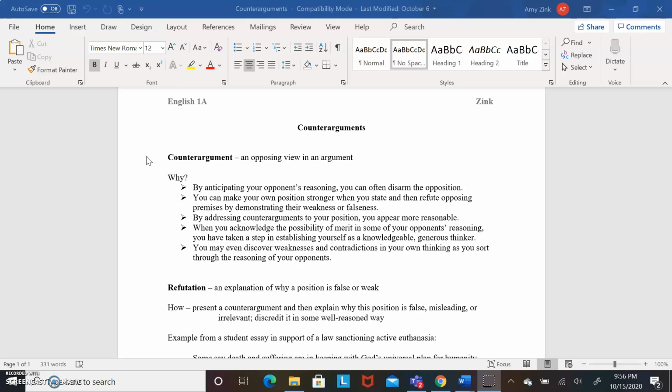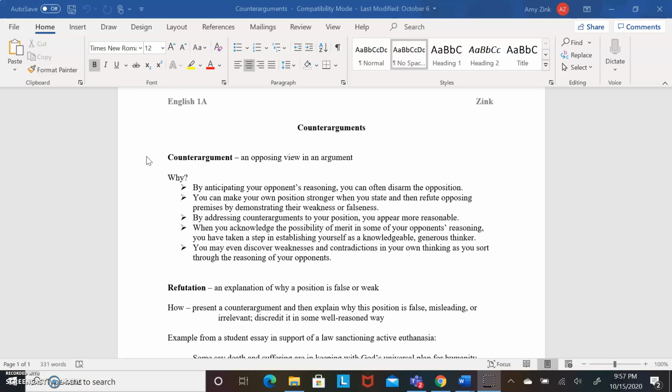response to your arguments. So why do we have counterarguments in our argumentative essays? Well, one reason is by anticipating what someone who thinks differently than us is thinking, or their kind of logic, we can often come up with points that might disarm them or really challenge them. We can also make our own position stronger when we state and then refute or disprove opposing premises by demonstrating their weakness or falseness. So it can add to our argument by taking one of their points and showing how